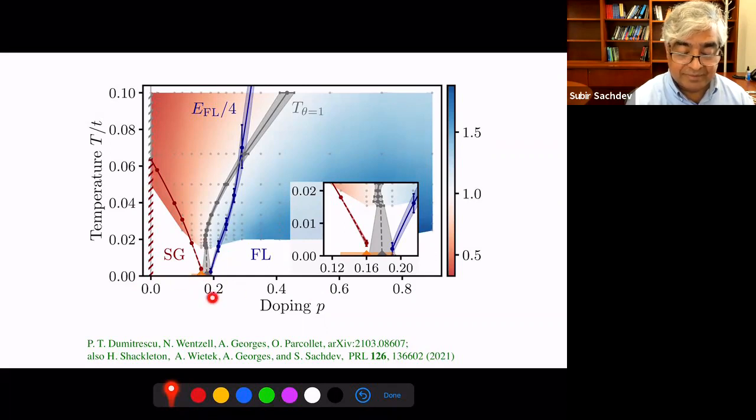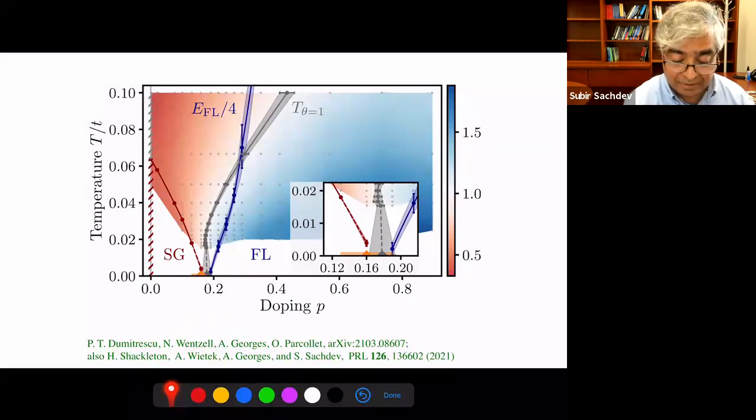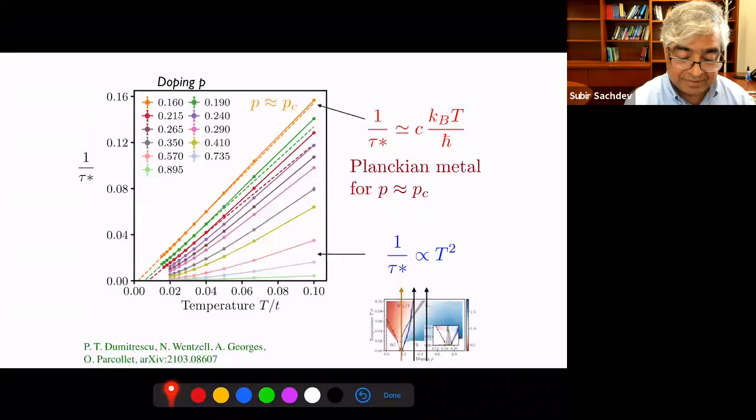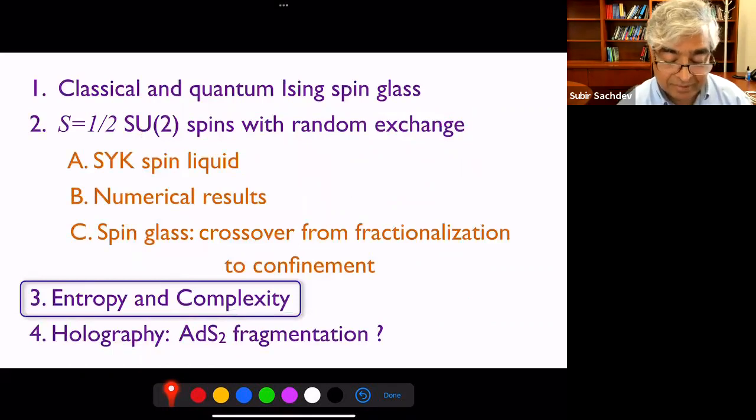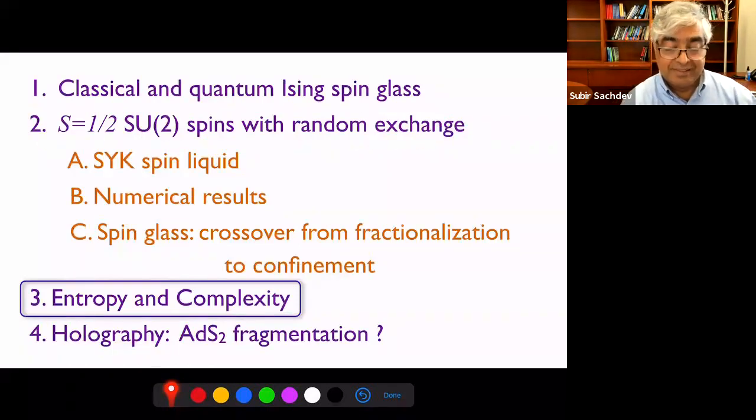You get an interesting quantum critical point. And this whole region is dominated by the SYK spin liquid behavior. And we have evidence for that all the way down to these very low temperatures. And if you look at charge transport in these regimes, you get beautiful Planckian metal type behavior. Anyway, all of that I think is very exciting. And really the first solvable model where you have this kind of Planckian behavior, a universal Planckian behavior emerging at very low temperatures.